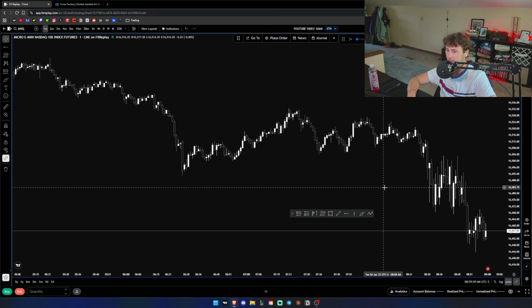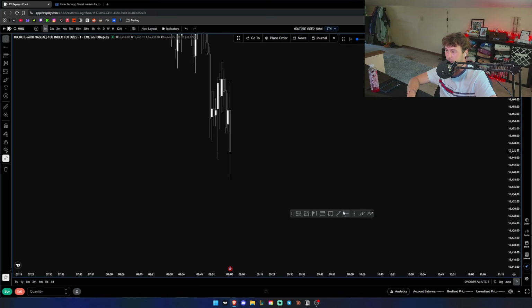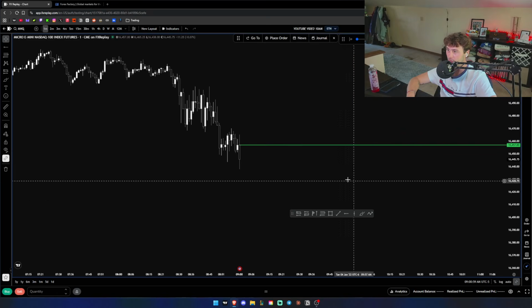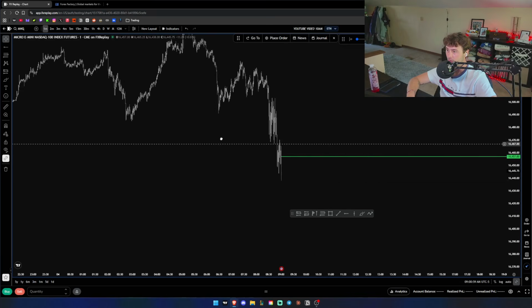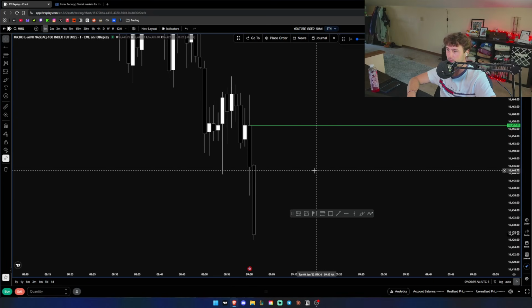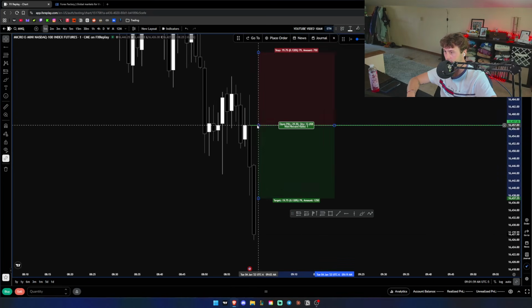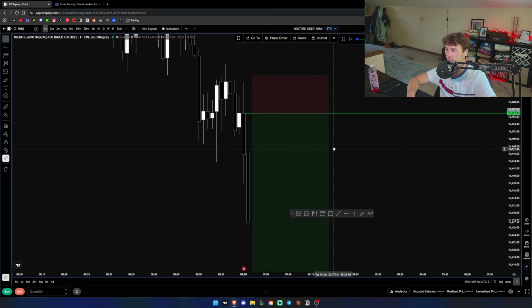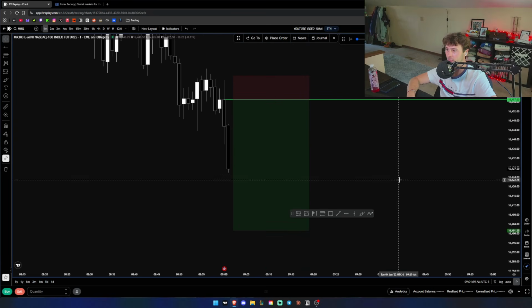Didn't even retest 10 a.m. There's 10 a.m. open. Bang. Looks bearish to me, kind of. Looks pretty bearish. Could be bullish though. You know how it goes. 50-50. Would be shorting this here. Stop loss above this, 10-point wick. That's valid. It looks like a big TP. 1 of 5.